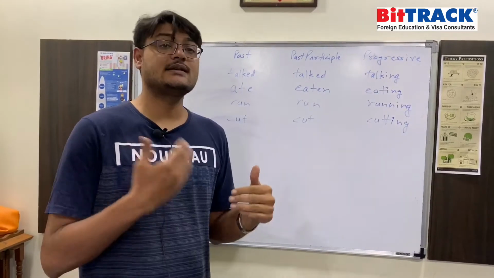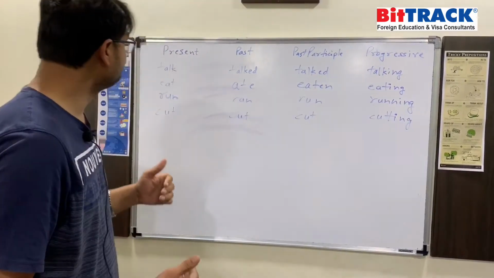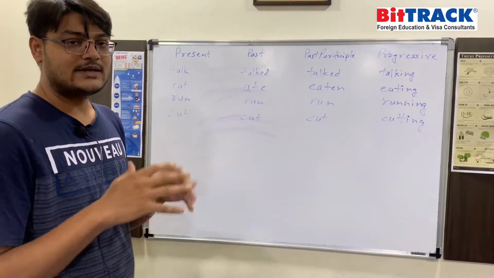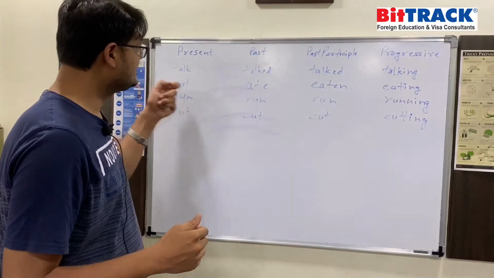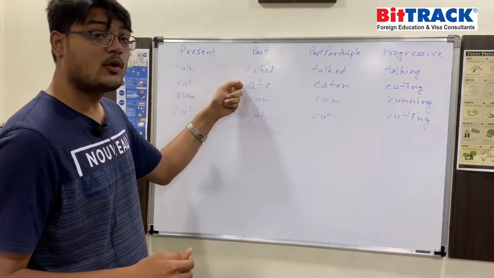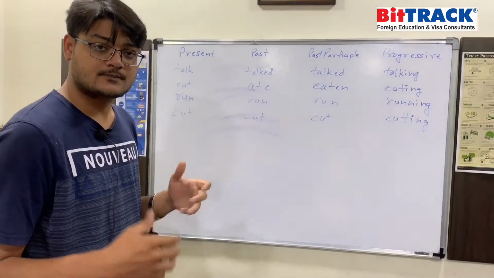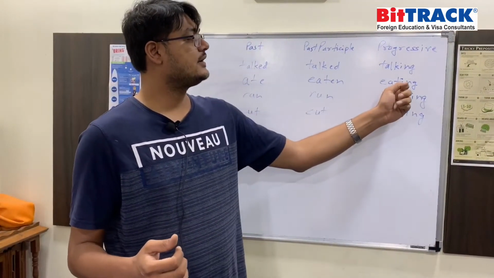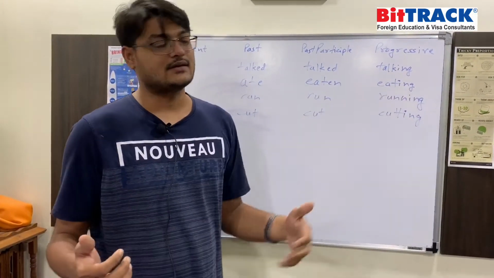Progressive means continuous. But there are other patterns that verbs follow when they change their forms. For example, eat, ate, eaten. Speak, spoke, spoken. Right? And they also just need an ing at the end for their progressive form.